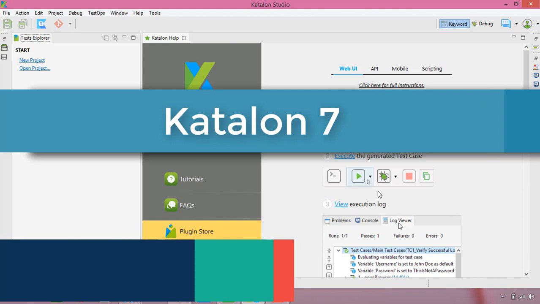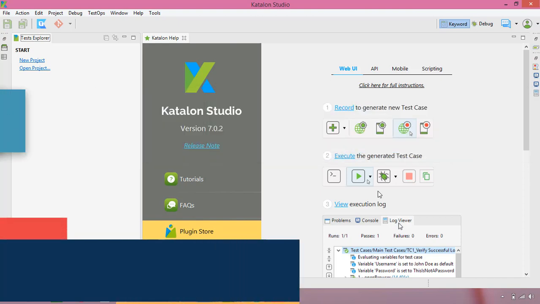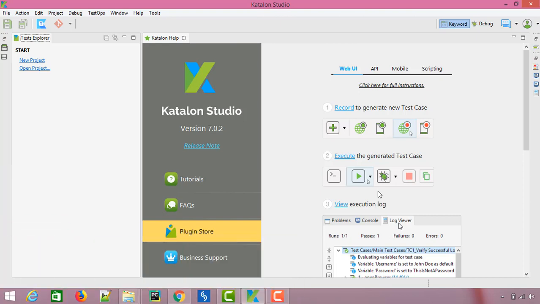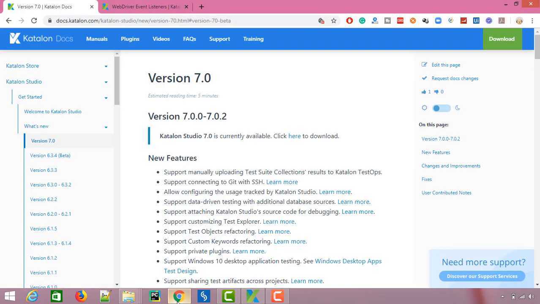Today in this video we are going to talk about a new version of Katalon Studio which launched yesterday, which is Katalon 7. Till now we have seen Katalon has always come up with new features and enhancements, and very good features which they have added till now. But in Katalon 7 they did so many changes which I want you to check out once because